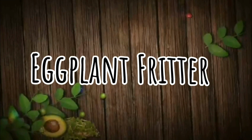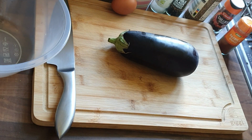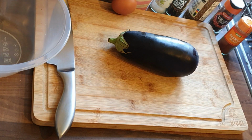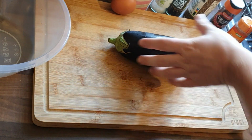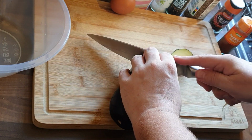Today we're going to be making eggplant fritters. For this, I've just got the one eggplant or aubergine here, and what I'm going to do is just cut this into discs. It was requested that I do some vegetarian options, so this is my vegetarian starter, if you will, if I've got guests coming over who are non-meat eaters. Like I said, we're just going to take the top off, and then thinly slice